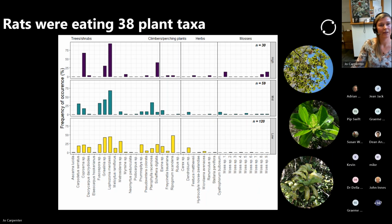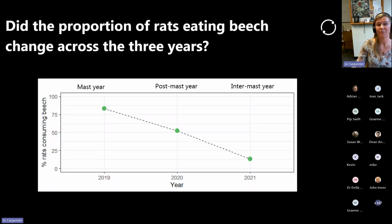So did the proportion of rats eating beech change across the 3 years? Again, we've got a similar graph, percentage of rats with beech DNA in their stomachs across the 3 years. This is a totally different result from the birds. What we found was that yes, the proportion of rats eating beech significantly declines across the 3 years of the